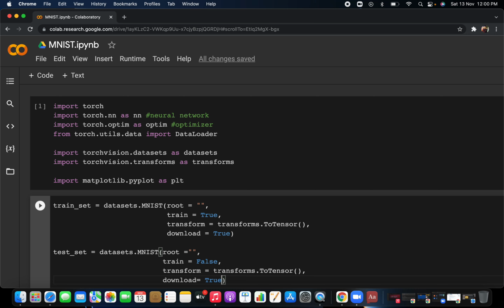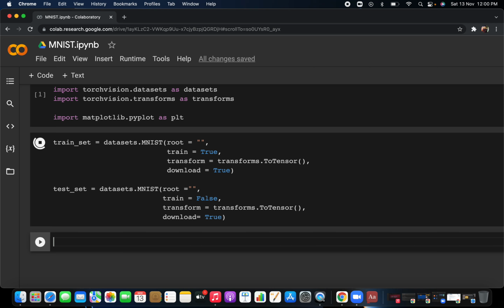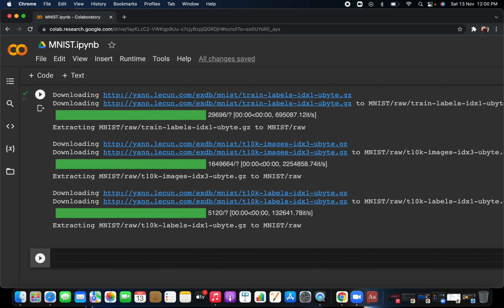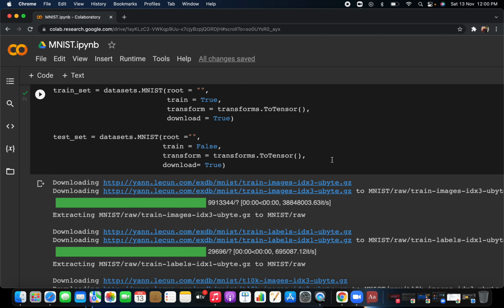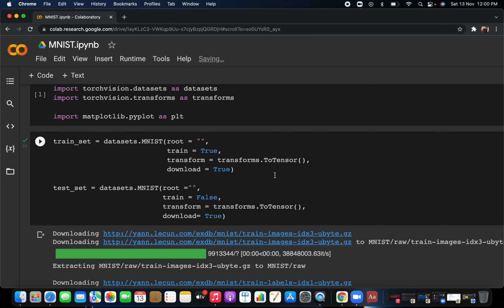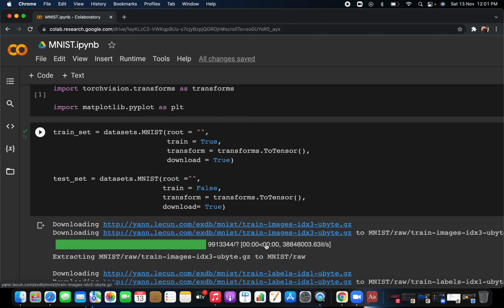So this is how you create the downloads. Now run this, and hope it will not give an error. It is running. It will show progress because this data set will take time, approximately 700 or 800 MB. But it has already been downloaded in my system at that path, so no need to download it again. If you are doing it the first time, it will take about 2 minutes to download this file. So you have downloaded the train set and the test set.